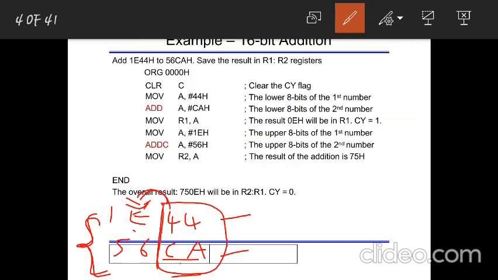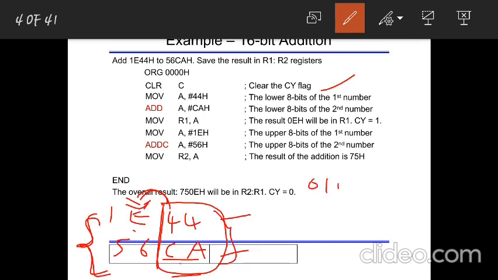Yeah, first ORG, we have taken 000H location, we started our program from there. Next CLR C. So in the PSW register, whether the carry is set or reset, whatever it is, first we are clearing that flag. Okay, next I am adding these both, 44 and CAH. So MOV A, #44H means A will be loaded with 44H. Okay, so in the A 8-bit register, 44H means you will have